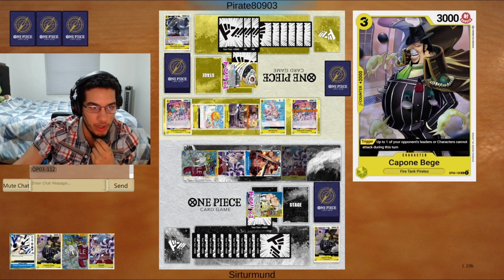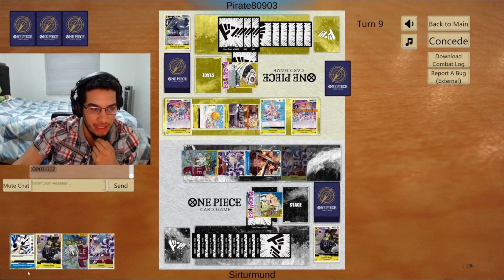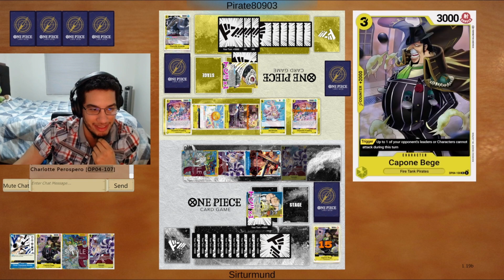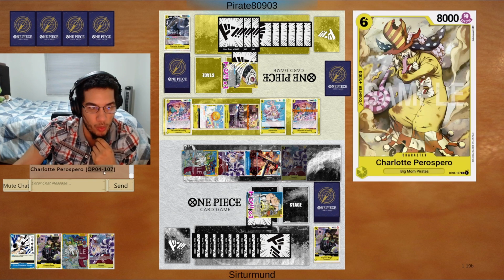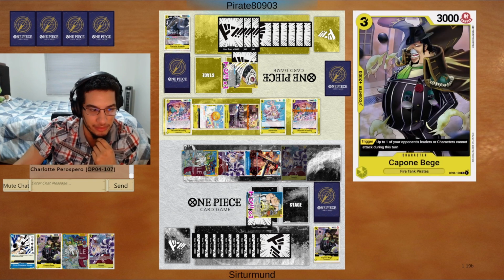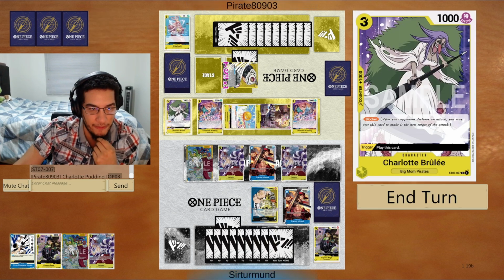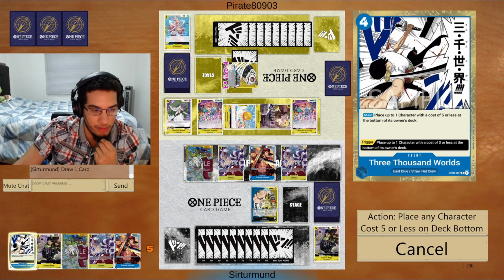What are you digging for? If they get a blocker, we have 1,000 Worlds as well as Yamato. That's hot. I like that. They go Perospero, so that's a 1k counter. So that's a 1k counter. They get the Brulee. But unfortunately for you, my friend...